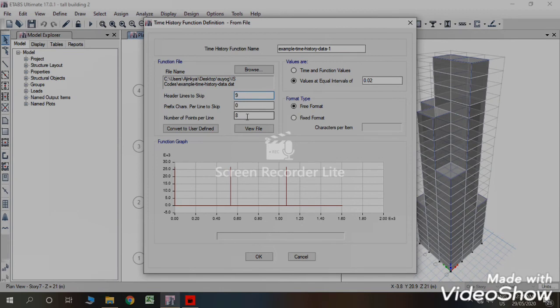Also we will select number of points per line as 1, characters per item as 10. We will name it as time history. This file is time history example of Bhuj earthquake.